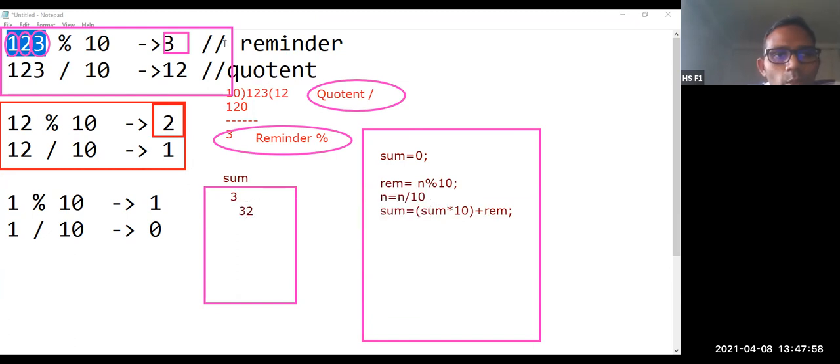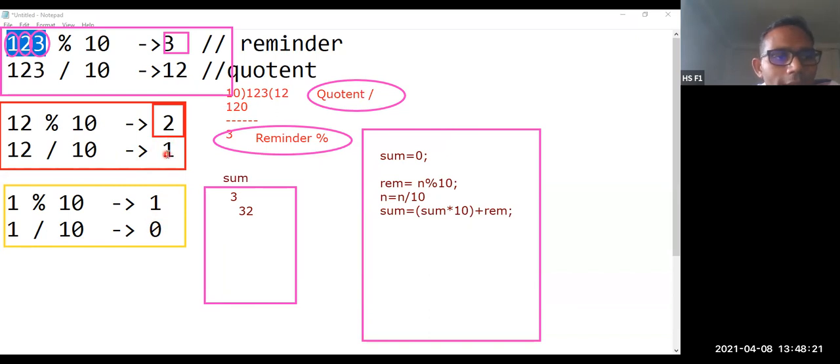Let us execute one more time because the quotient is not equal to 0. For the next iteration, you execute the same thing. Remainder is equal to n % 10. What is n? n is now 1. This is the n value over here, and this is the n value over here.